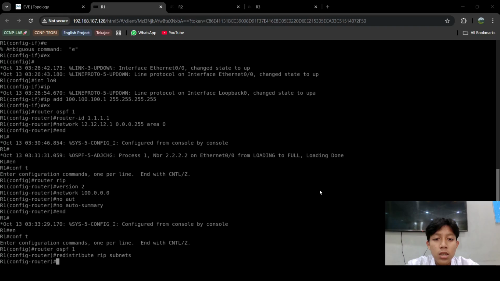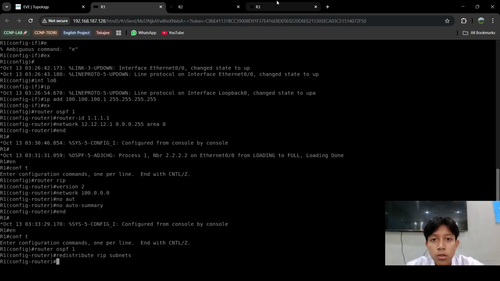Without this, a route like 100.100.100.0/24 might not be advertised correctly. So the last step is the verification. Now let's check the routing table on router three to confirm that the route from RIP has been learned.